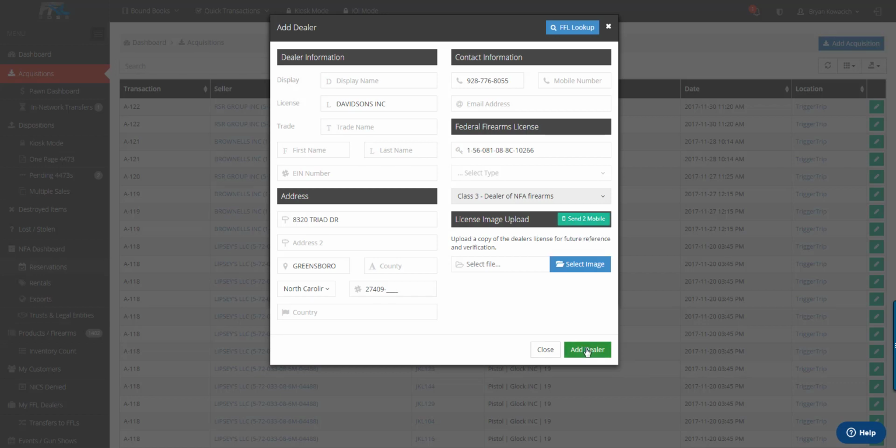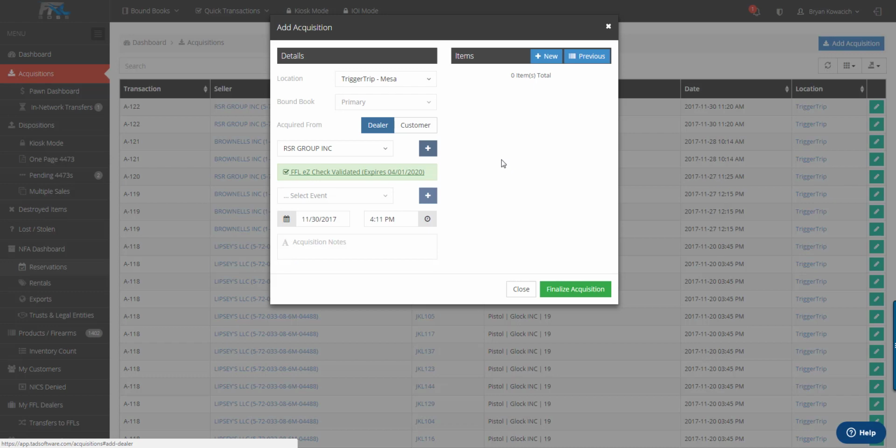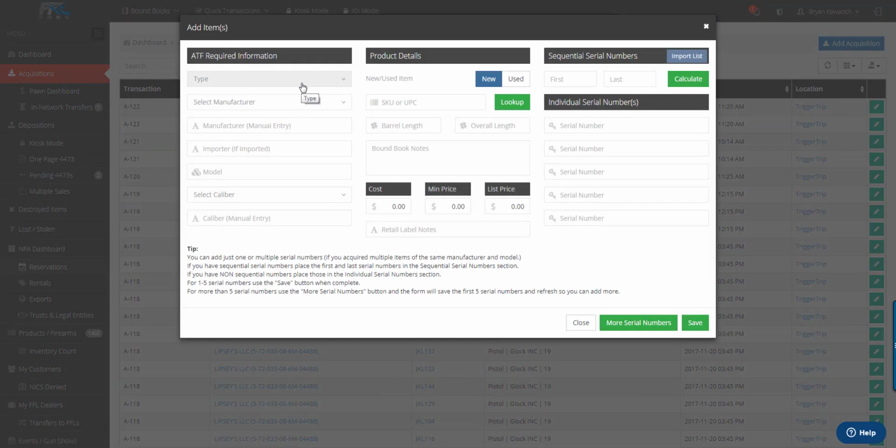Let's click Add Dealer. For demonstration purposes, I will use RSR Group. Now we click on New. As you are adding new firearms, there is required information, and then there's also optional information that you can put